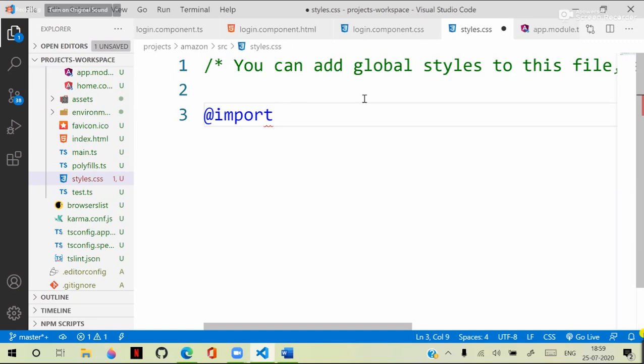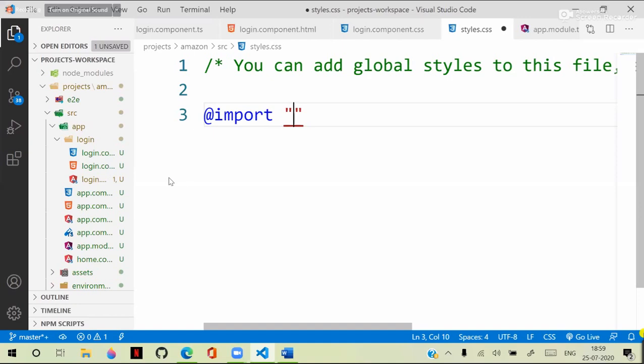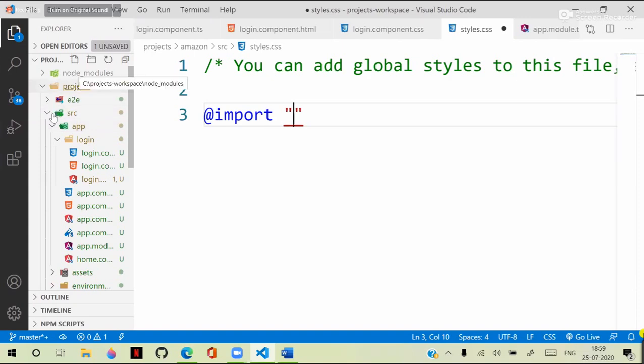Okay, which file to import? You have to configure that file path. This is important here. Already you know how to write the paths. On one occasion, when linking our modules, I told you about the file paths. Here you need to configure the file path. How to configure the file path? You can see currently we are in the src folder